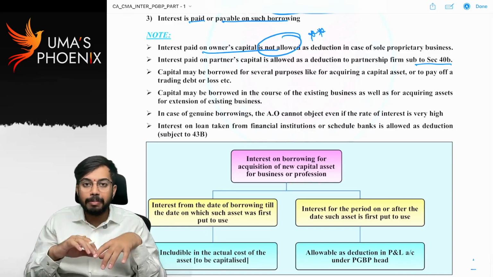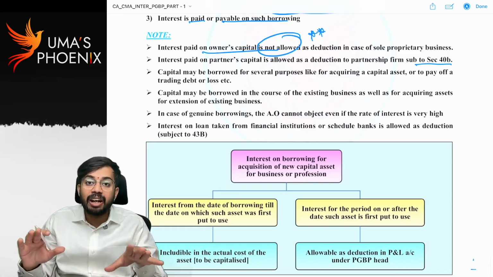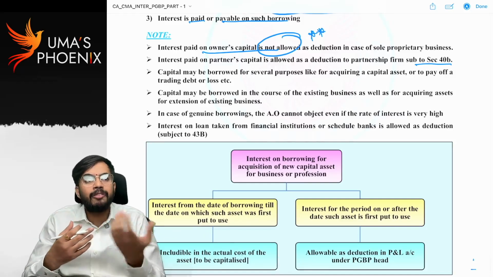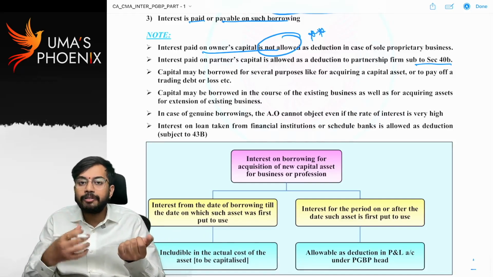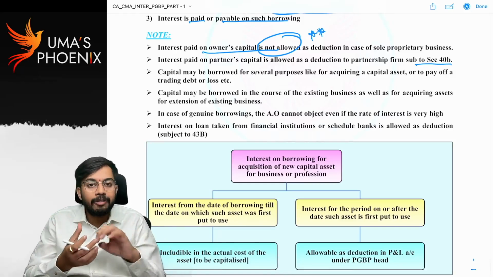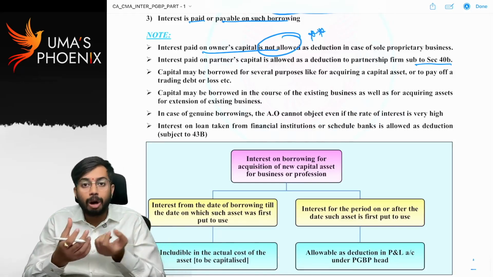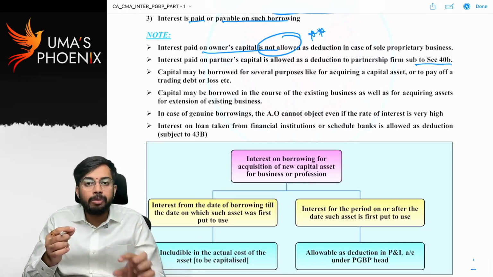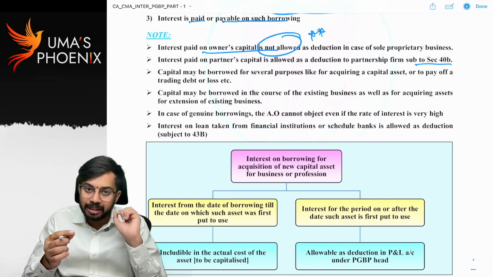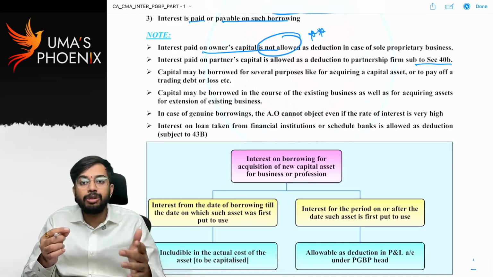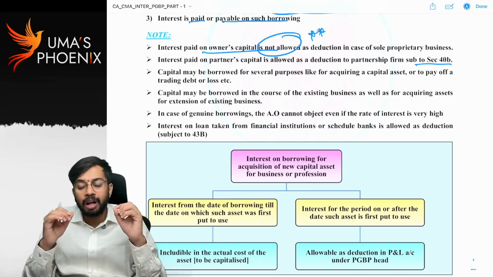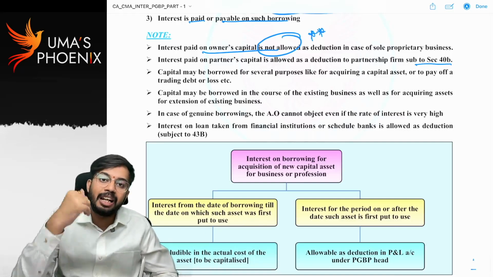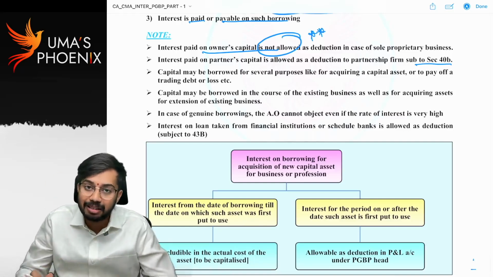I borrowed money for my business. It is irrelevant for which purpose I borrowed money. I can borrow money for working capital, or for a capital asset, or for payment of salaries, or for purchase of material. You have to prove borrowed money is used for business. For which purpose it is used is not relevant. Whatever the purpose, if it is related to the business, then interest on borrowed money is allowed as deduction.